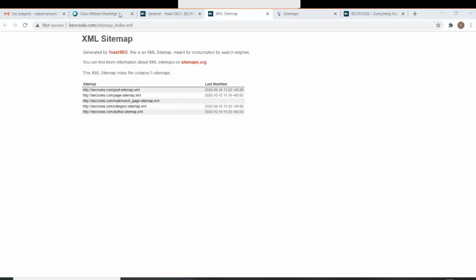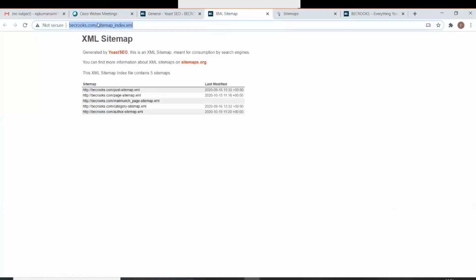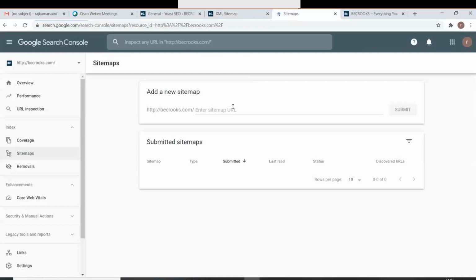Sitemap underscore index dot xml. Just take the later portion after the slash. Control C. Just copy this. Now just click on submit.